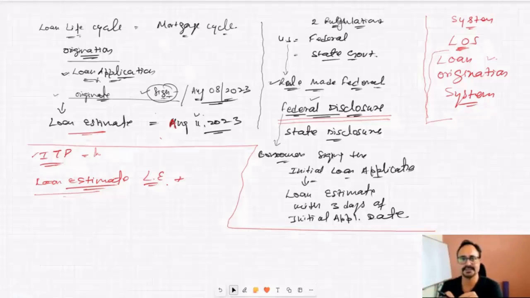Once I create that information, then I can print, because I'm going to put there the subject property address. If the subject property address is not available, then at least the state the borrower is living in, right? So by getting this, the system is going to recognize what state the borrower is living in, the borrower's first name, last name, SSN number. As soon as I print those disclosures, with the borrower name, property address, state, right? What state disclosures are going to be applied on that loan, a bunch of documents will be automatically printed, and we can attach those disclosures with this loan estimate,